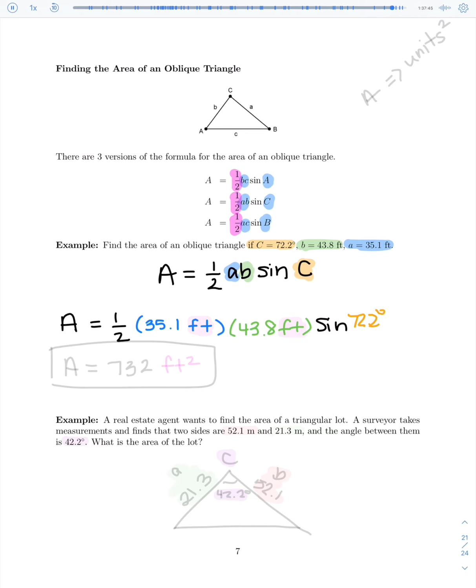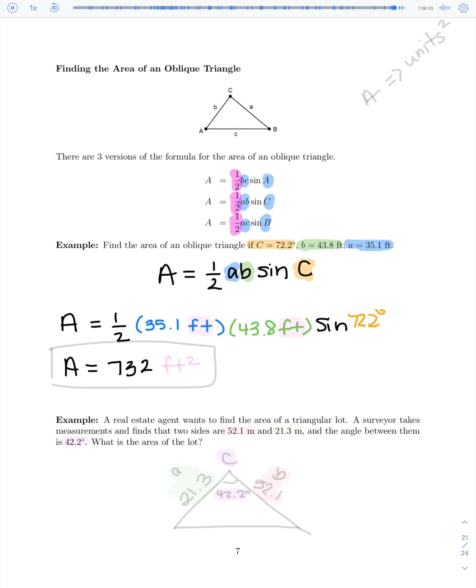So continuing along, we can go ahead and use our calculator to do all this. And it shouldn't be overly complicated. You've got to make sure that you follow the order of operations and make sure that you're typing in multiplication here. And, of course, making sure that you're in the correct mode in your calculator, making sure you are in degree mode. So in your calculator, we should be multiplying 1/2 times 35.1 times 43.8 times sine of 72.2 degrees in degree mode. And what we will get rounded is